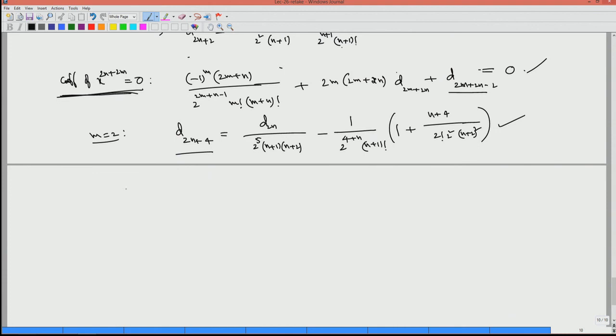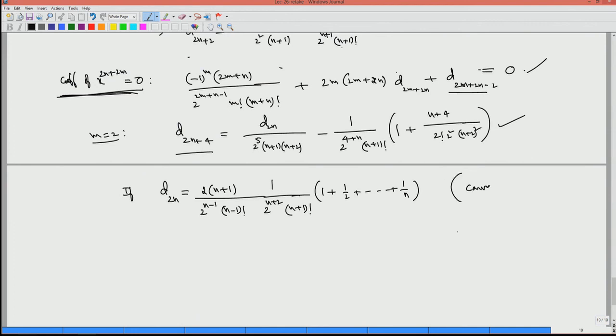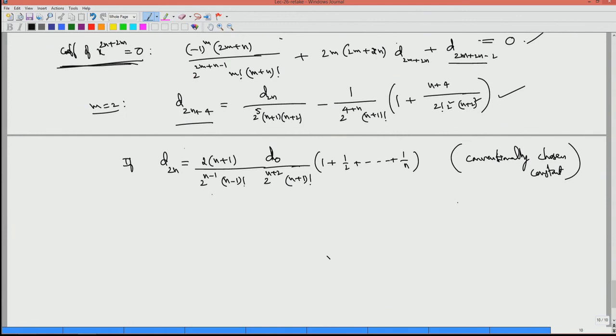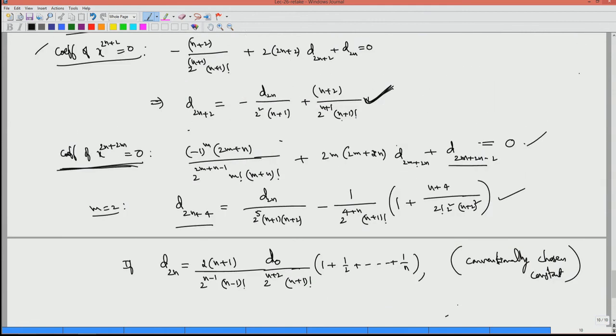So, conventionally d2n is chosen in this way: 2 times n plus 1 divided by 2 power n minus 1 into n minus 1 factorial, this I am just writing. So, 1 divided by 2 power n plus 2, n plus 1 factorial into 1 plus half plus 1 plus n up to 1 by n. So, this is the convention, a conventionally chosen constant, in terms of d naught. You can always choose d naught, any constant times that is also fine, it depends on n. So, this is how you choose, and then your d2n plus 2 will be in